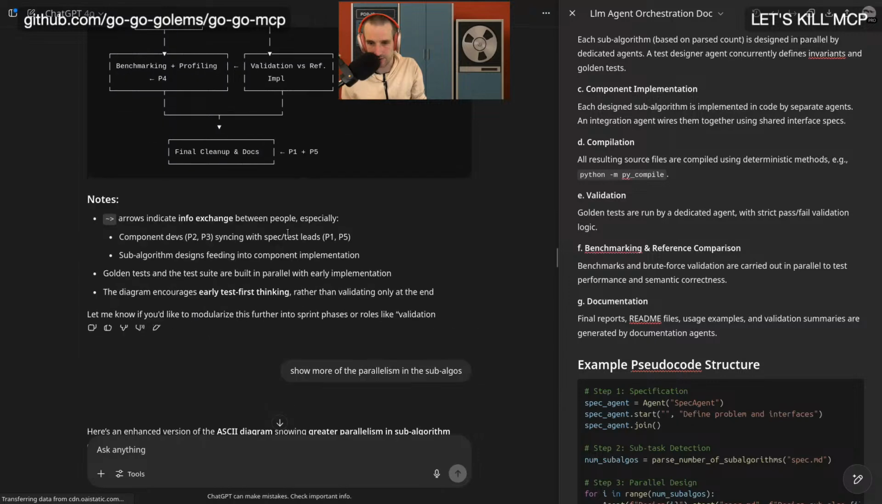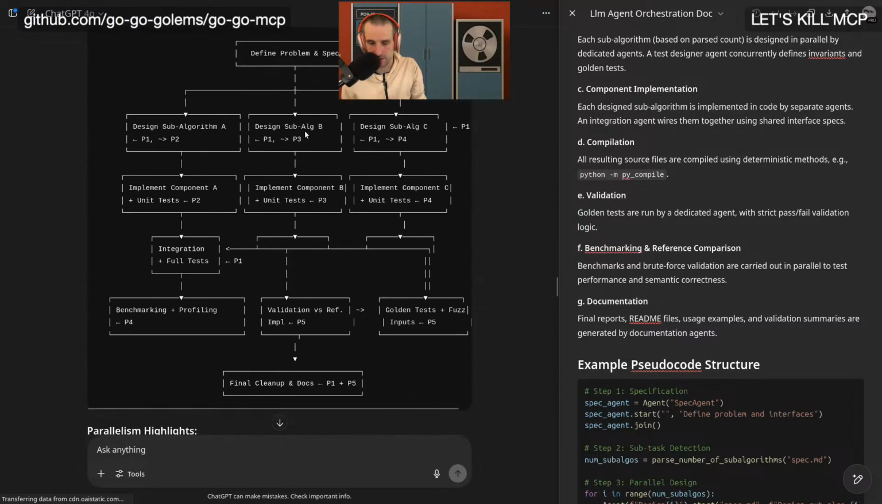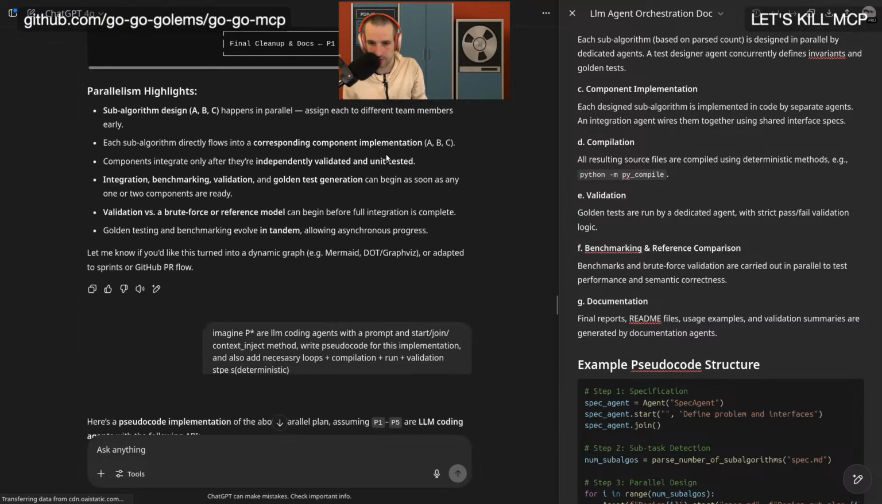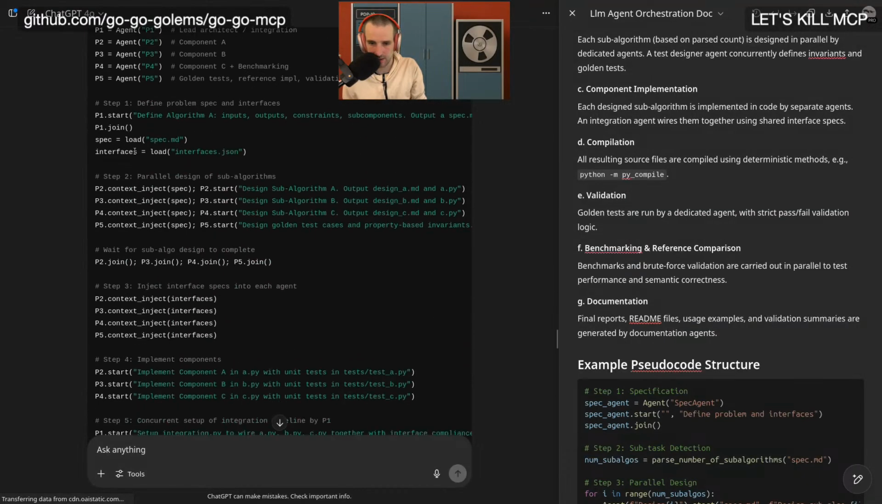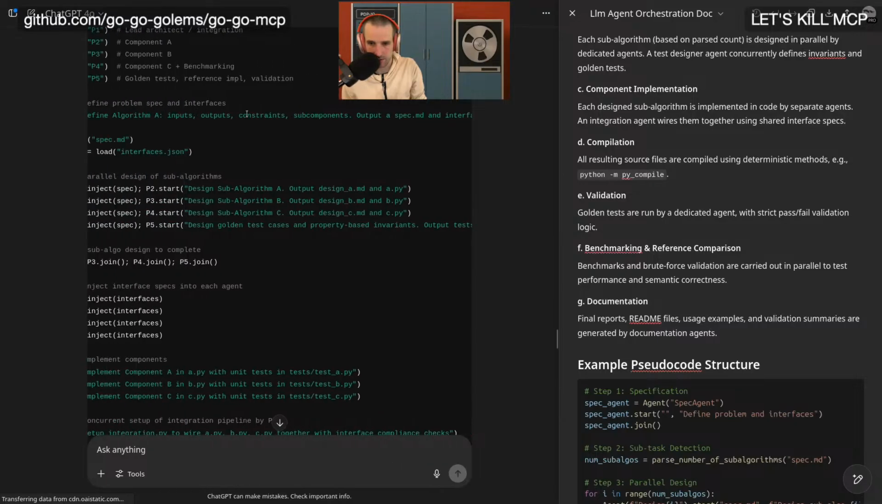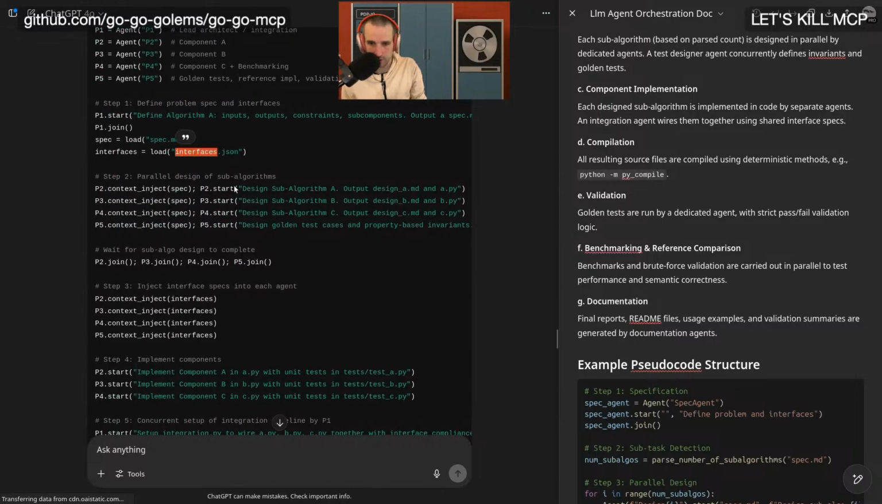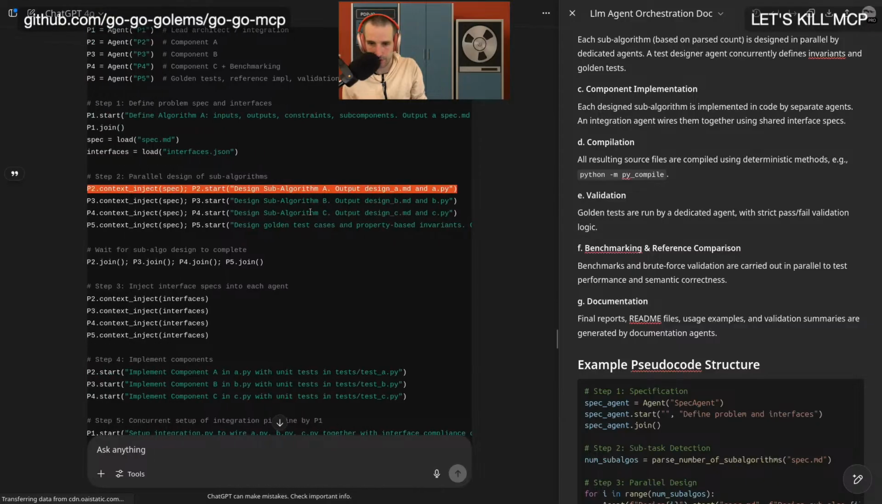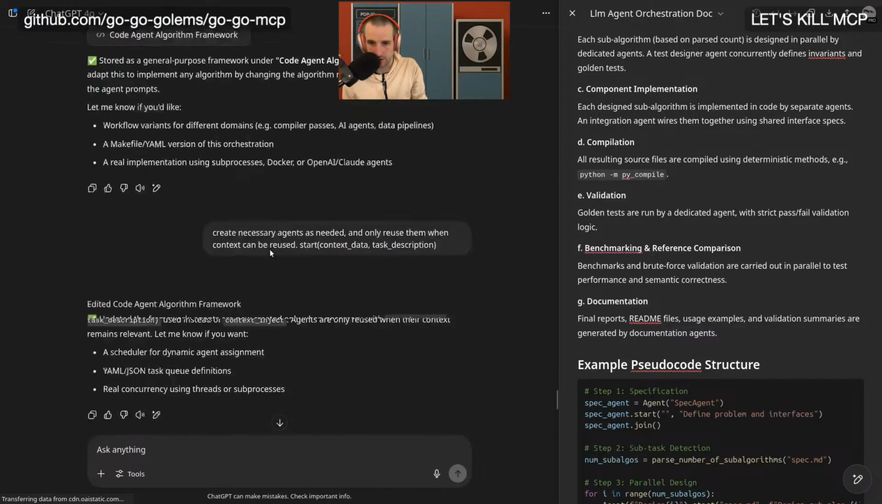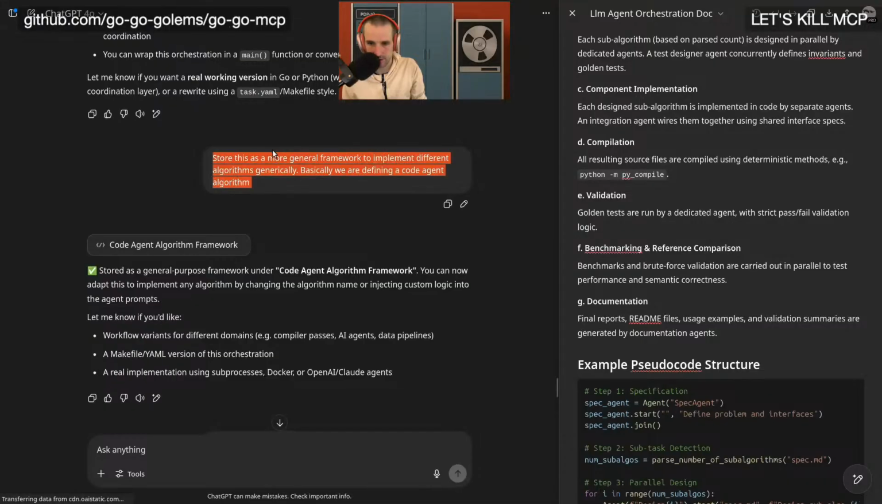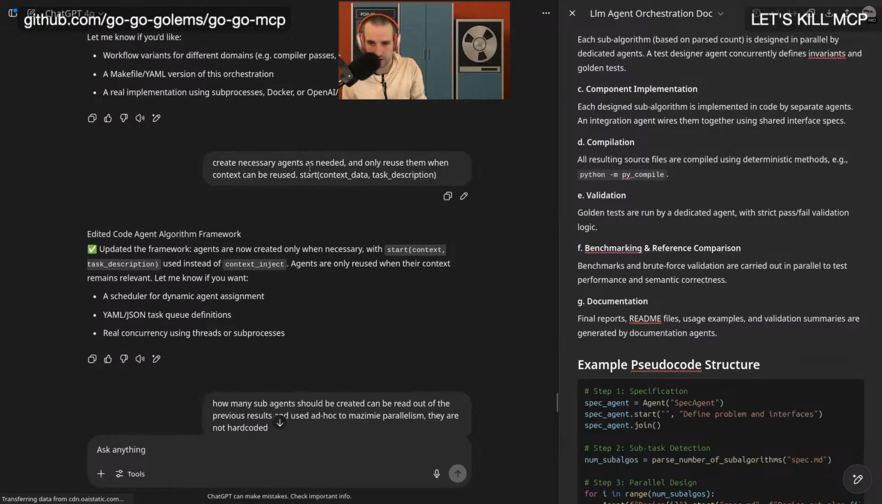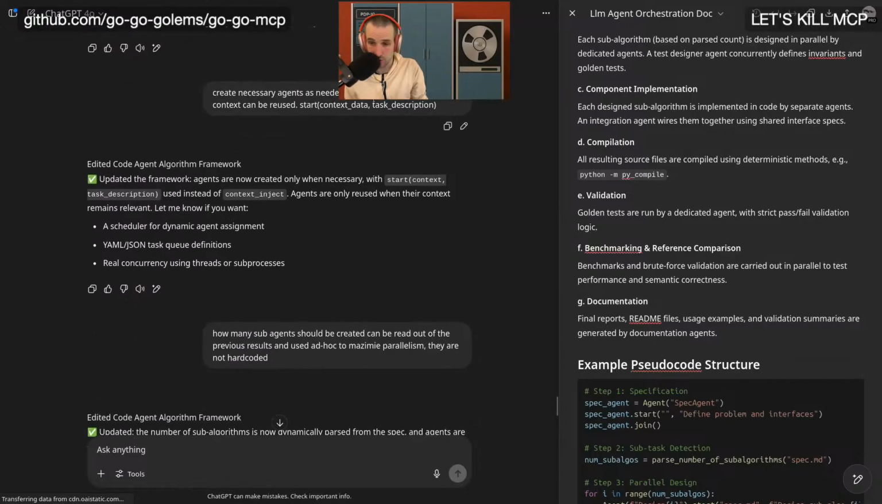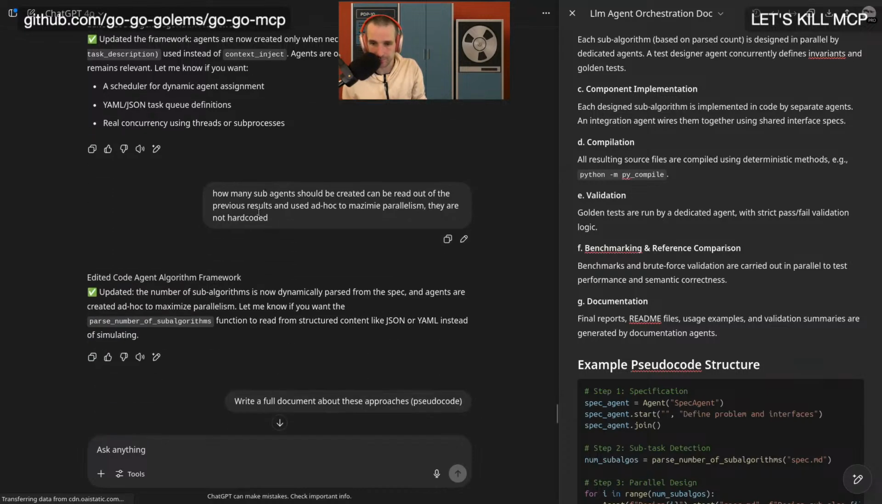Then I asked for a little bit more complicated stuff. This is not to say that this is great. This was just more like an experiment. And I said, okay, well, implement it, right? And so it said, okay, well, the first agent has to define the algorithm and output a spec. You load the spec into the context and give that to the further agents, etc. And then what I did is store this as a more general coding framework to implement different algorithms generically. And then I said also actually use this to determine how many agents you even need. And